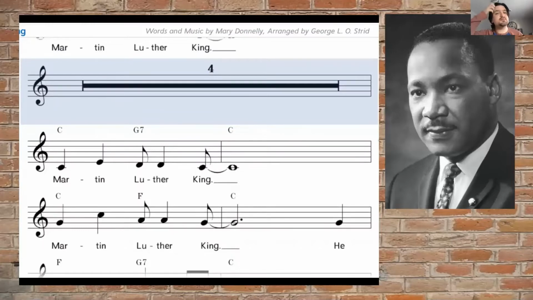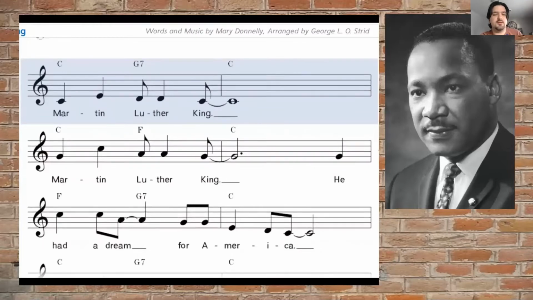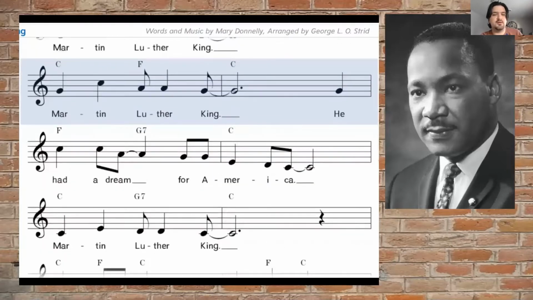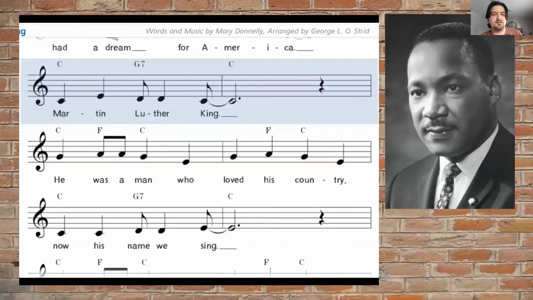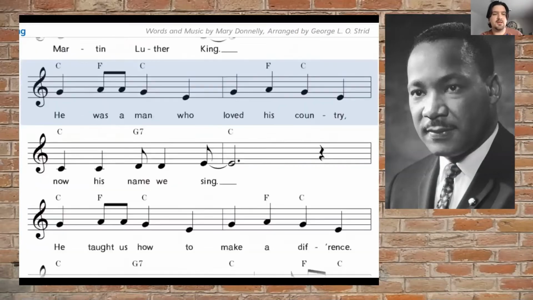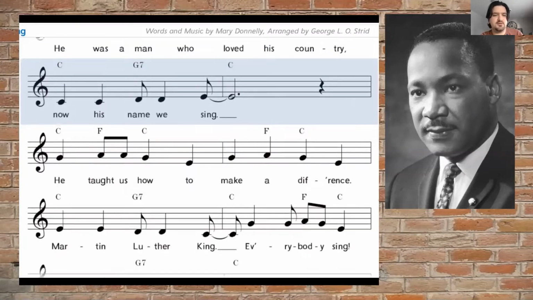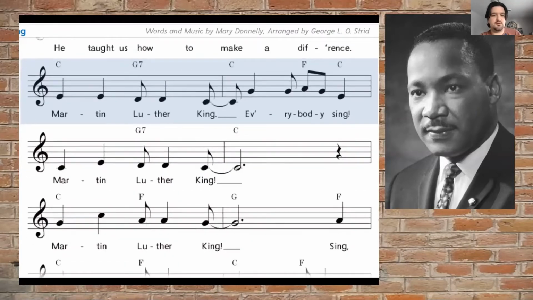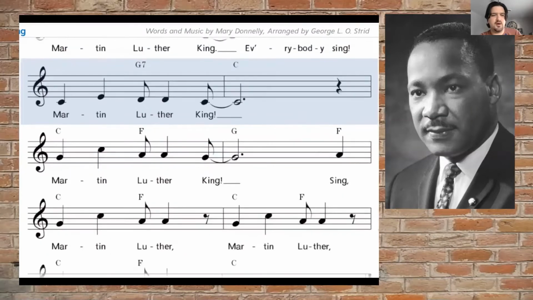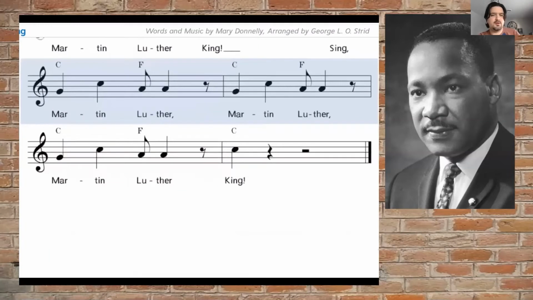I think the song's going to repeat again, so if you want to try and sing along, here you go. Martin Luther King, Martin Luther King, he had a dream for America. Martin Luther King, he was a man who loved his country. Now his name we sing. He taught us how to make a difference. Martin Luther King, everybody sing Martin Luther King. Martin Luther King, sing Martin Luther, Martin